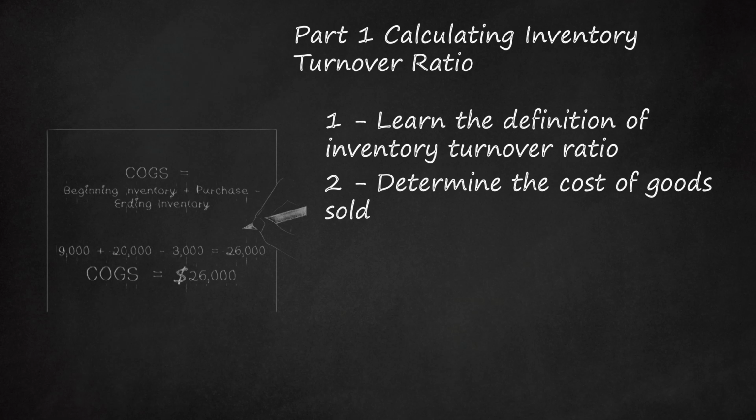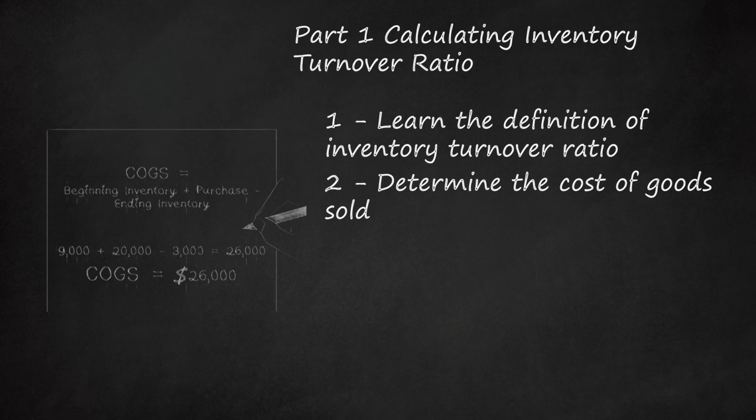For example, suppose in a 12-month period, a company has a beginning inventory of $9,000, $20,000 in purchases, and an ending inventory of $3,000. Calculate the COGS with the formula: $9,000 plus $20,000 minus $3,000 equals